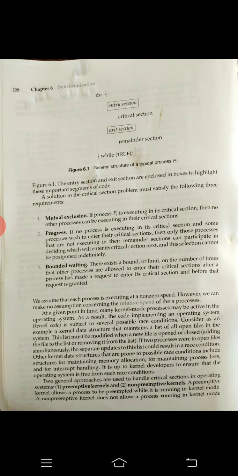When one process makes a request, a few processes may be allowed to enter the critical section, and after that the requested process should be allowed to enter. The waiting time of the process should be bounded. So these are the three important characteristics which should be satisfied when you provide a solution to the critical section problem.